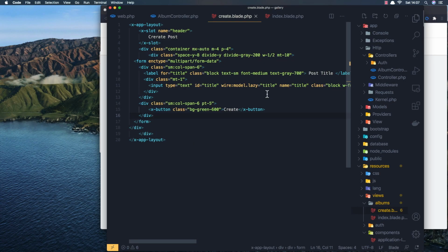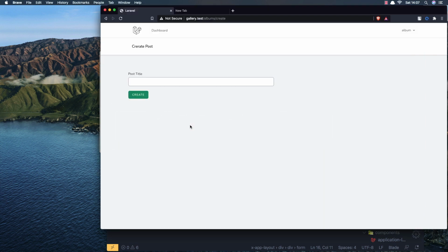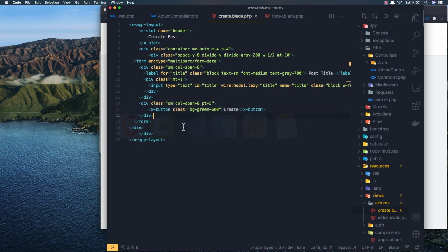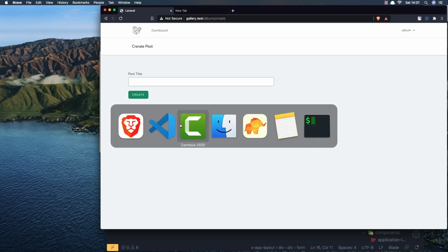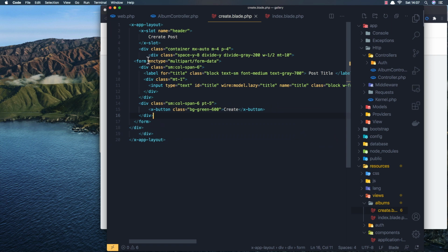Okay, my friends, so we are inside part 3 for creating a Laravel photo gallery, and we have created this create page here to create an album, and we need only the title. We have a button here, and if we go here now, I want to make this form work, so we don't need this. Remove it and